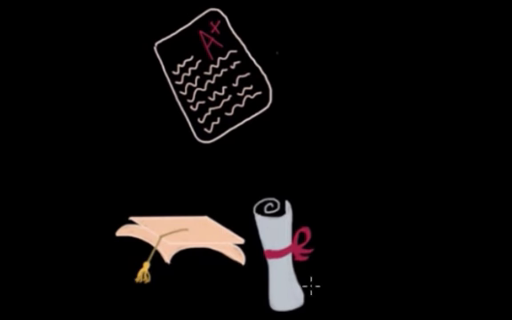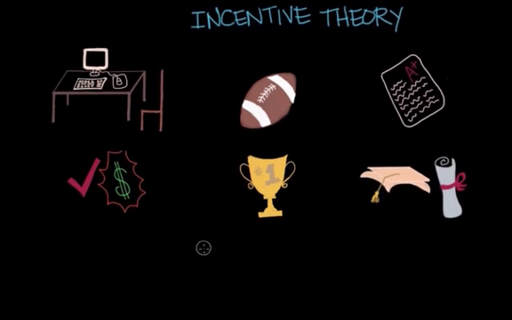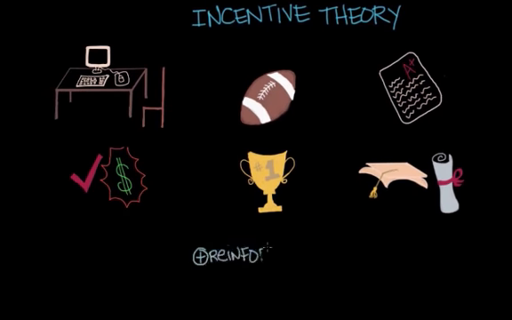So studies have shown that if the reward is given immediately, then the effect of behavior occurring again is greater. These rewards have to be obtainable in order to be motivating. So they can't be impossible to reach, or that person isn't going to feel motivated to perform that behavior again. If someone feels that the reward is impossible to get, then they're going to be less motivated to strive for it.